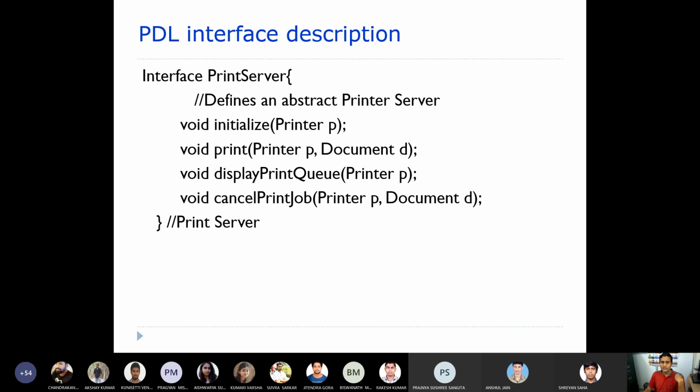This way also you specify the interfaces. It looks like a programming language, but usually it is not. This is another way of specifying the requirements.